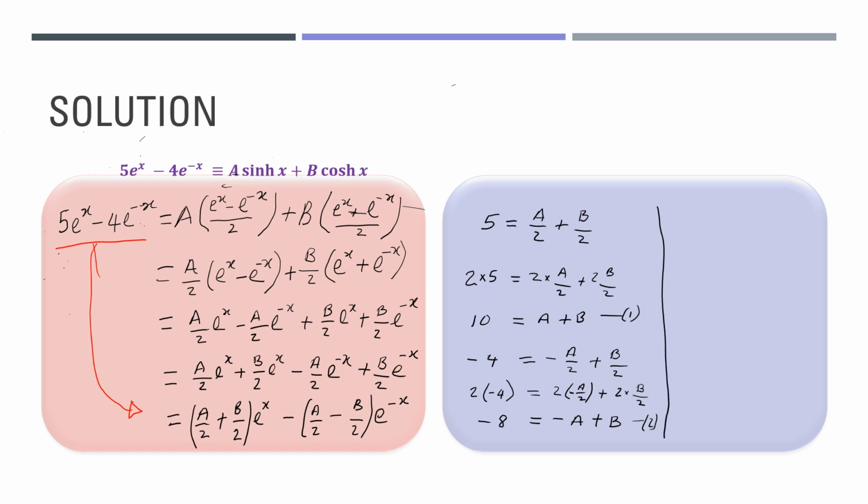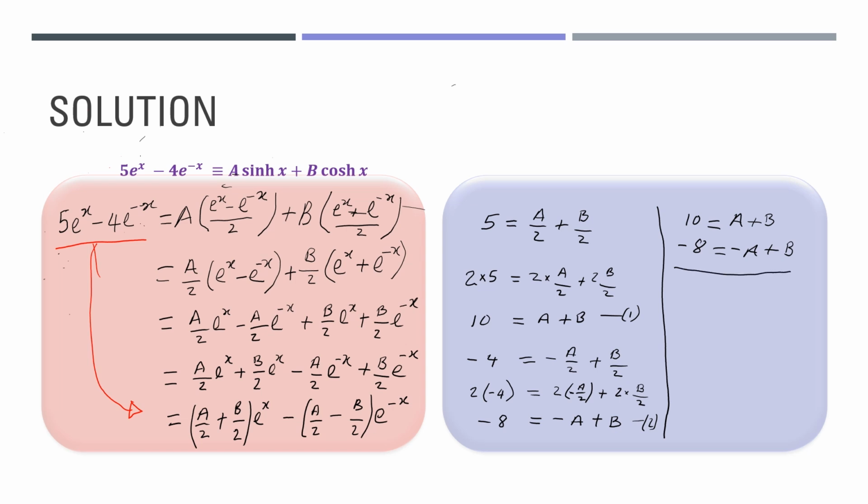Let's bring the two expressions together. We have 10 equals a plus b, and then we have minus 8 equals minus a plus b. So this is a simple simultaneous equation, and if we add the two equations together, we are going to have here